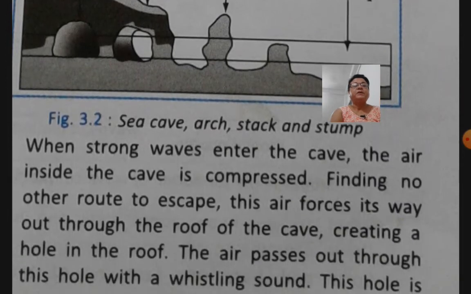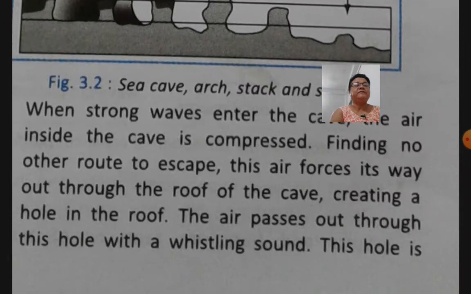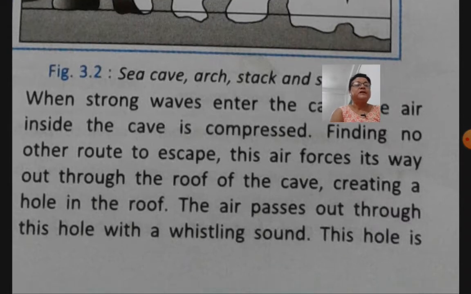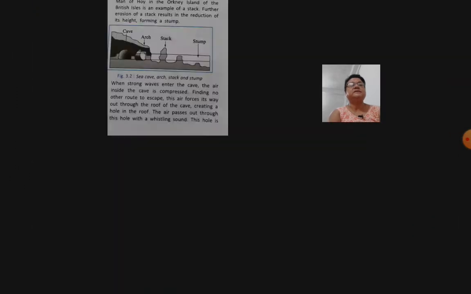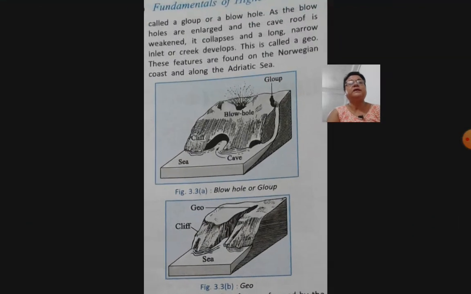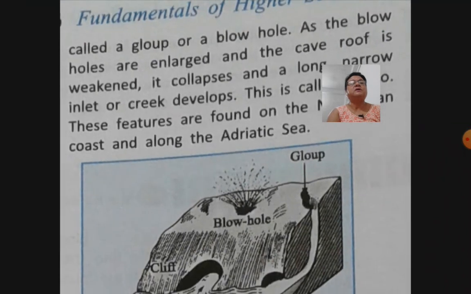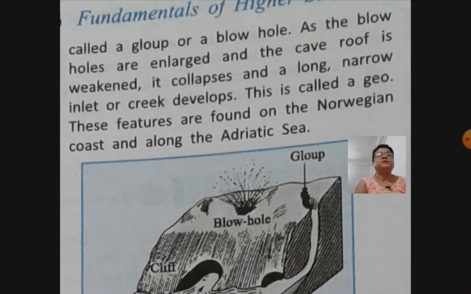बनाउनु पर्ने हुन्छ। When strong waves enter the cave, the air inside the cave is compressed. Finding no other routes to escape, this air forces its way out through the roof of the cave, creating a hole in roof. The air passes out through this hole with a whistling sound. This hole is called gloup or a blowhole. यहाँ तिमीहरुको नक्सामा देखाएको छ ग्लप र ब्लोहोल है।